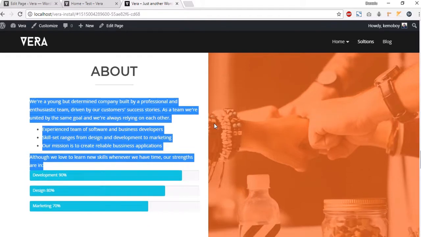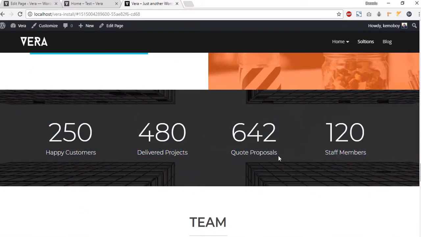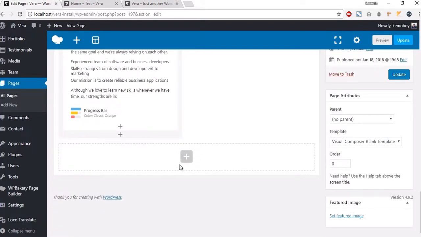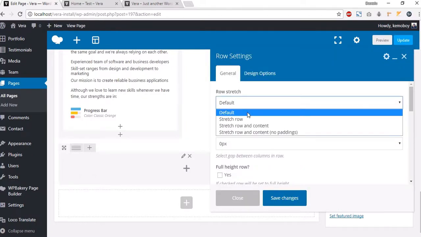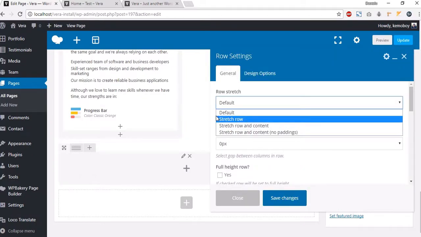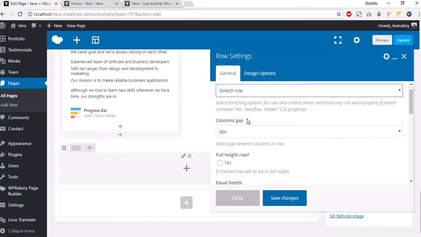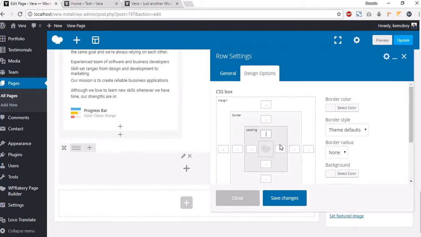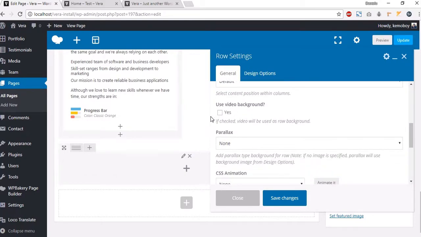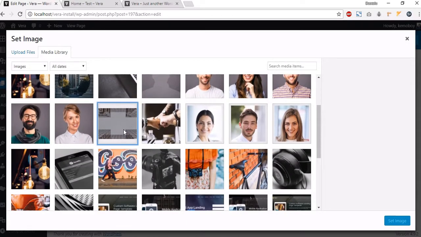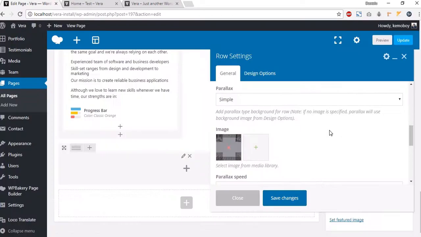Now let's move to this part, to those numbers. So let's add a new row, and on this row you want to go to row settings, and here you want to go to stretch row, and you want some padding, let's say 30 pixels and 30 pixels, and here you want to select parallax, simple, and add an image for that. I will add this image,